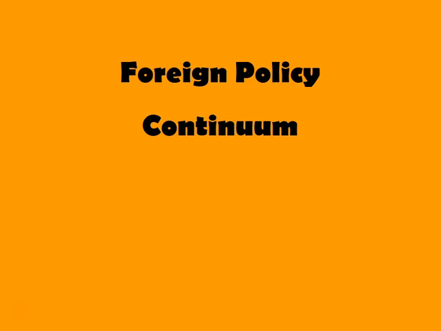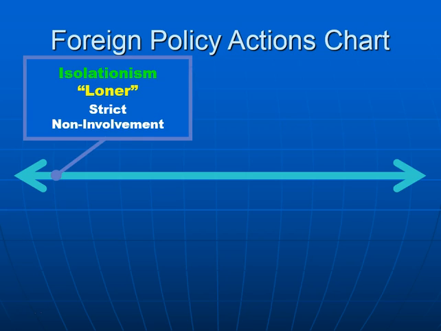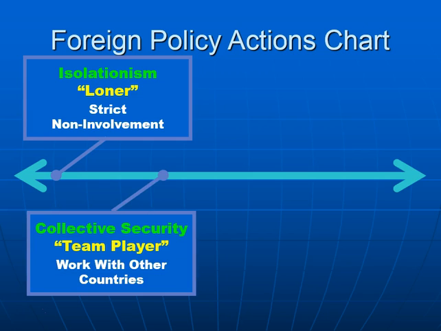When we talk about things, we often talk about a foreign policy continuum. You may have gone over this in U.S. history. It's like any other continuum. It's a sliding scale. It's not like it's one of four things, but we'll put the four basic categories out there. The first category is isolationism. And U.S. history teachers sometimes nickname this the loner approach. Whenever we are an isolationist nation, we have strict non-involvement in foreign affairs. Basically, we're minding our own business. We're not getting involved in foreign countries' business.